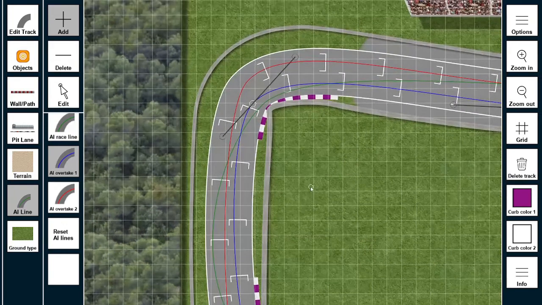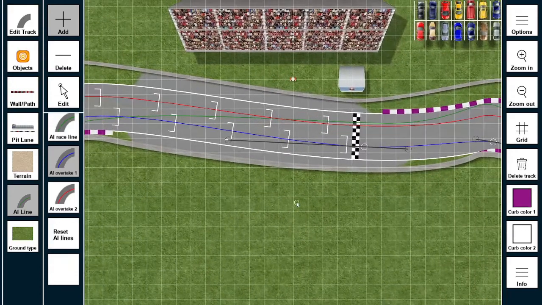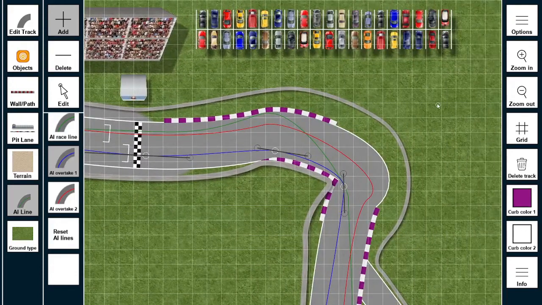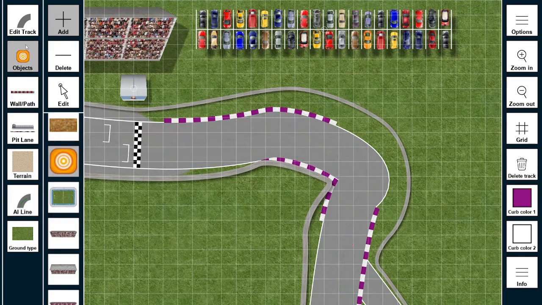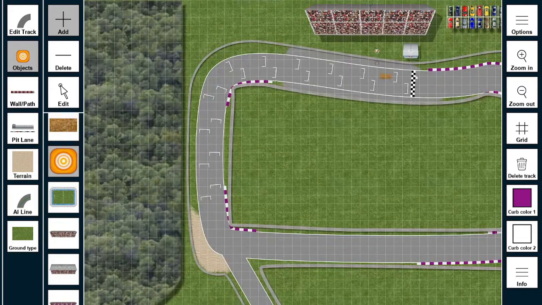Proper. Okay, and I think that's good. You can always change it later. So that's it. So now that you have the track all done,